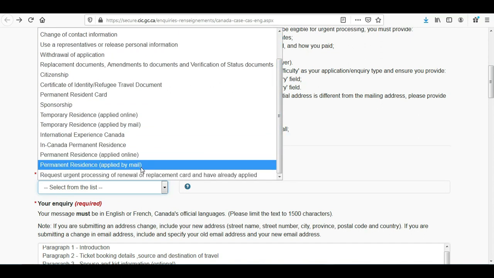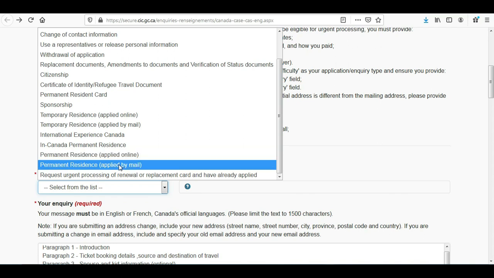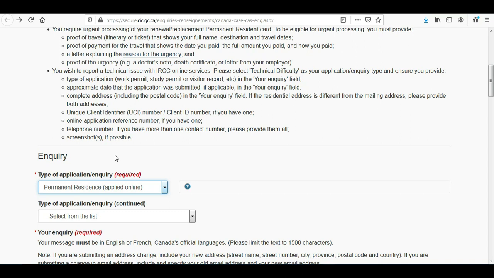So again I am repeating, if you have submitted your application through express entry, then you have to select permanent residence applied online. If you have submitted your application by mail, then you have to select this option. For example, right now I am going to select permanent residence applied online. I am assuming that we have submitted the application through express entry mode.